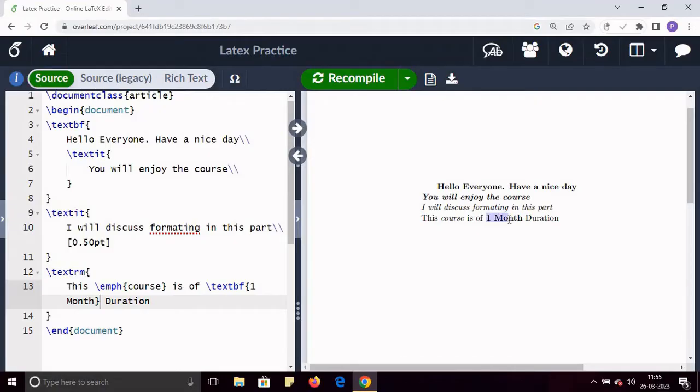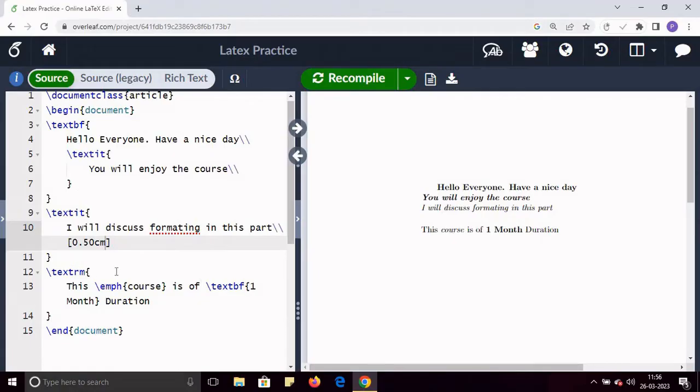So this way you can set the text to be bold, italic, and you can also change the font. For example, text in Roman, as I have already discussed. And you can change the spacing here by specifying it, you can see 0.50 centimeter spacing is here in the